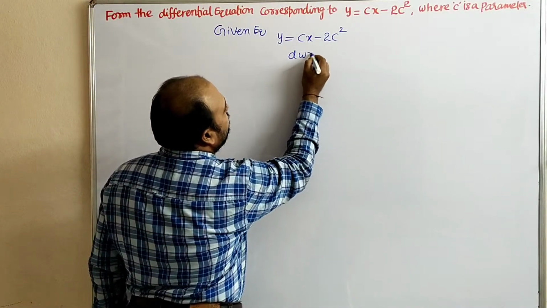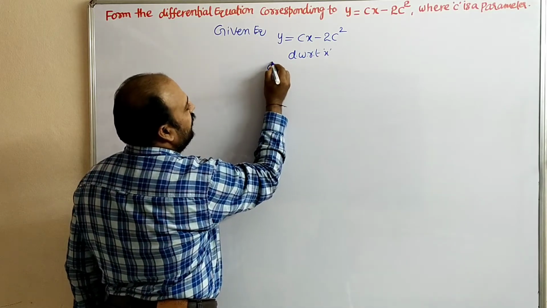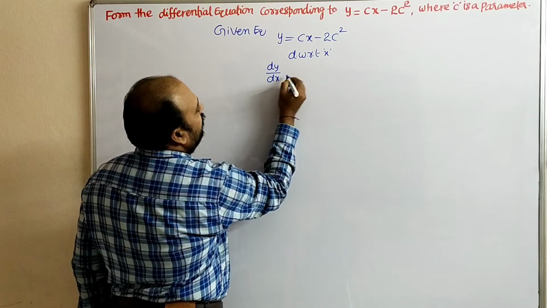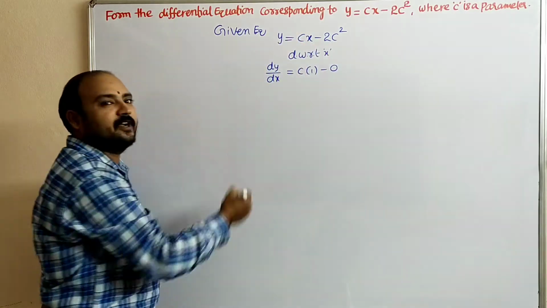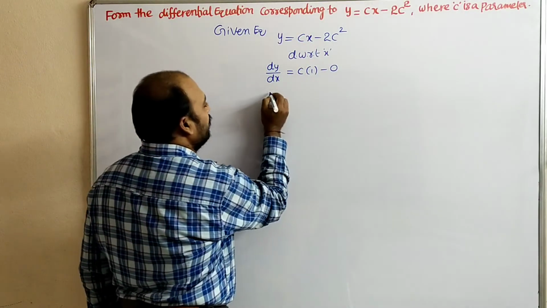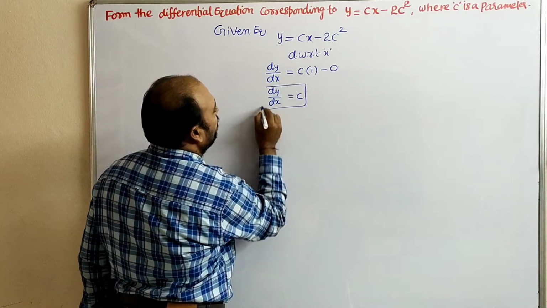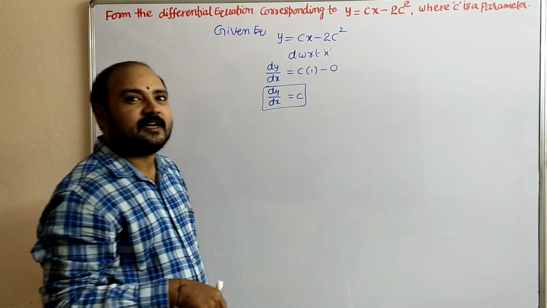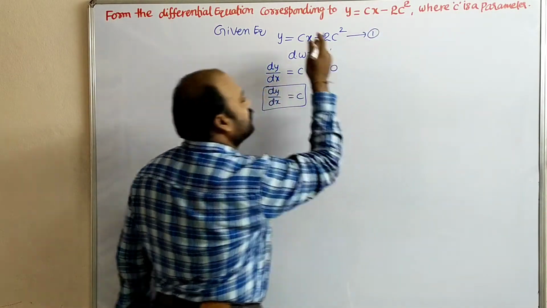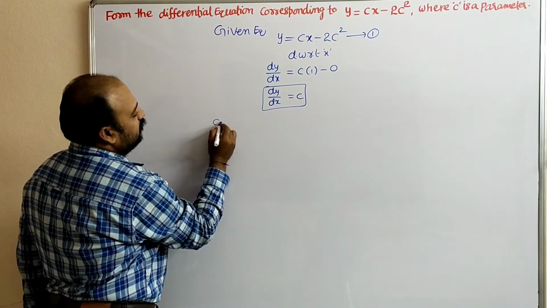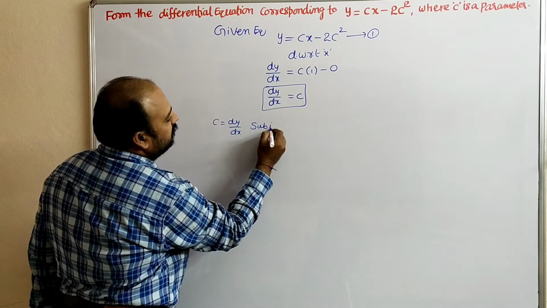Differentiate with respect to x. y derivative is dy by dx equal to c into x derivative, which is 1, minus completely constant, derivative is 0. So dy by dx equal to c. To eliminate the arbitrary constant c from the given equation, substitute the value of c in equation 1. c equal to dy by dx. Substitute in 1. We get